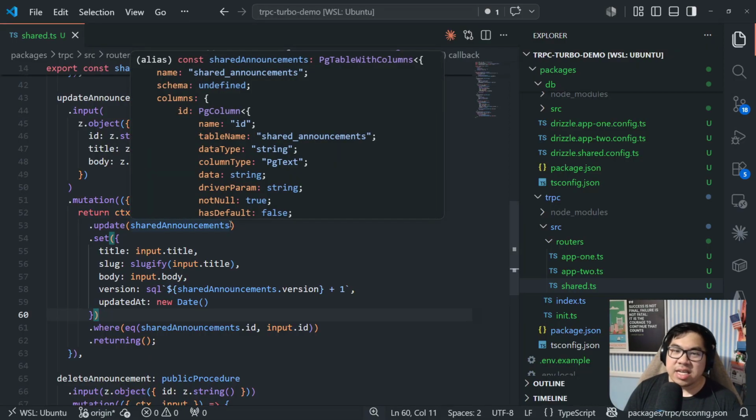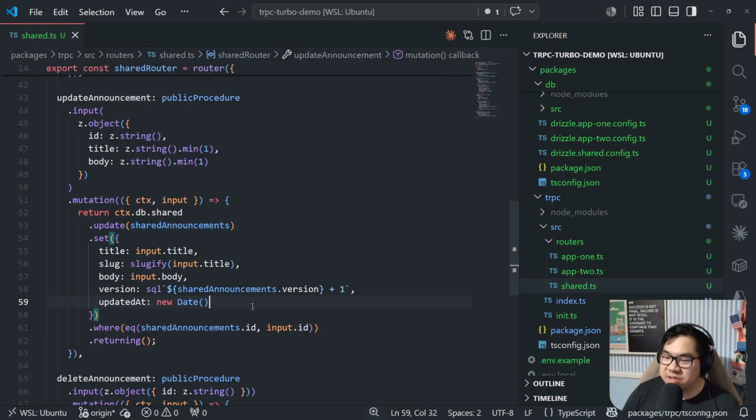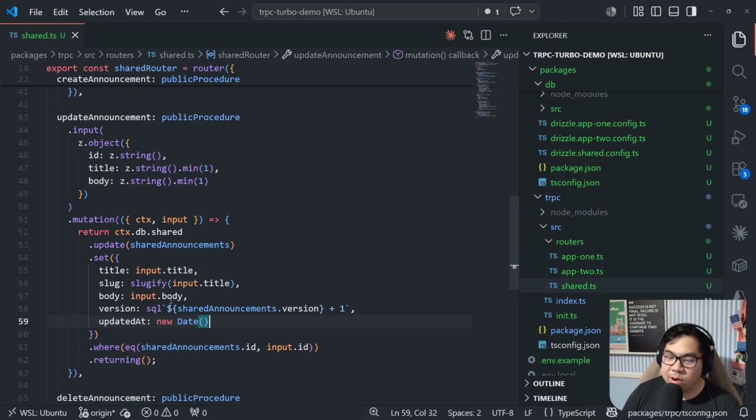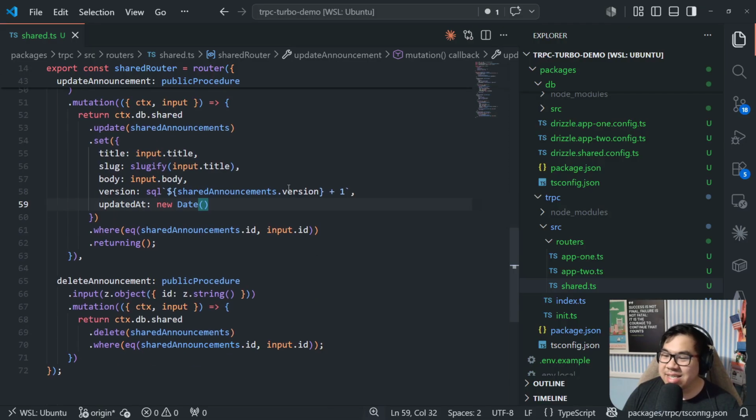It's the same thing as if you were writing a tweet and you had to update it and it has "updated" next to it, or a LinkedIn post, same difference. They'll have a little way of letting someone know that you changed it. And in this case, for our announcement, it's just showing the version number, like how many times someone had to edit their announcement, which can cause a little bit of shame. But yeah,